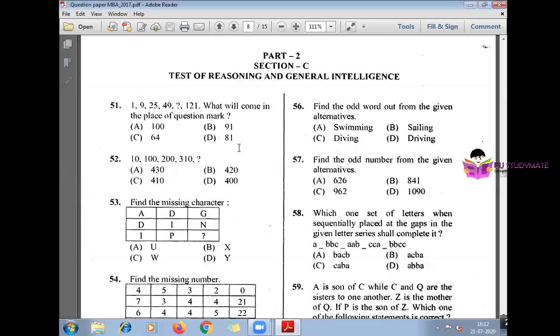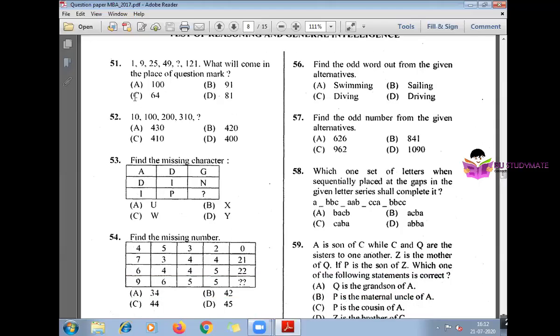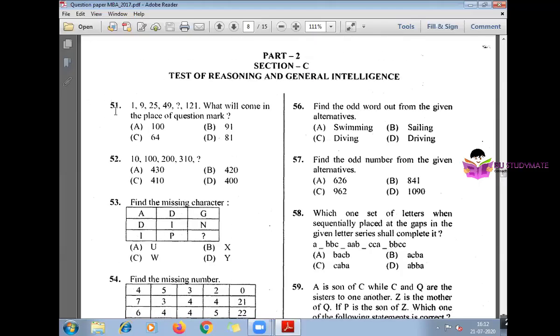Okay, so let's go with the question number 1, that is 51 here. Section C. Section C will be the test of reasoning or logical and reasoning, whatever name you call. We have the question number 51 to 75. Altogether, 25 questions we do have in the logical reasoning part. So in this 2017 question paper, you can see here, the 51, that is the first question under the reasoning, is: what will come in the place of the question mark? So they have given a set of numbers, and in that they have given one blank, and we need to identify.